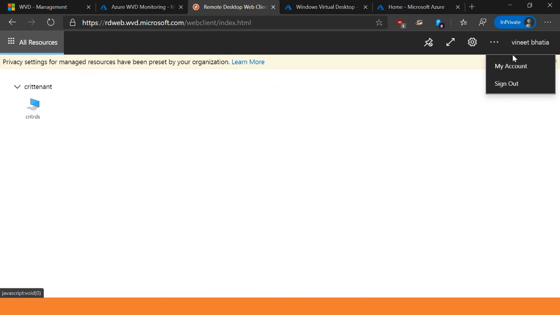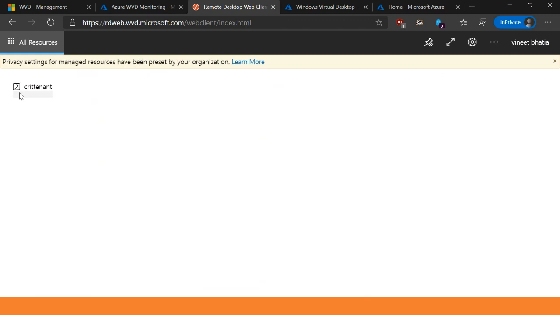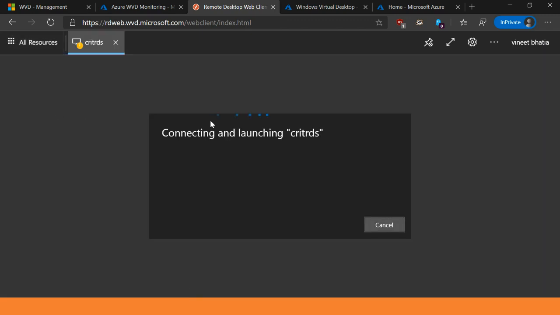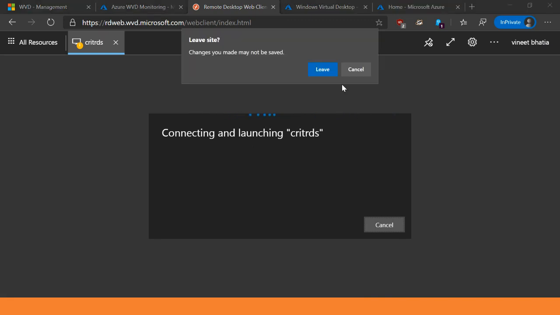So I've logged in. We have a WVD demo environment. I've logged in as myself, and when I log in, really, I've logged in through Azure AD, so the same MFA conditional access policies apply to me. When I sign in, I basically see what I have access to. So this is my host pool right over here, right? I've got access to only one host pool. So if I just go ahead, I'm going to be logging into the VM, and then it's going to ask me to log in